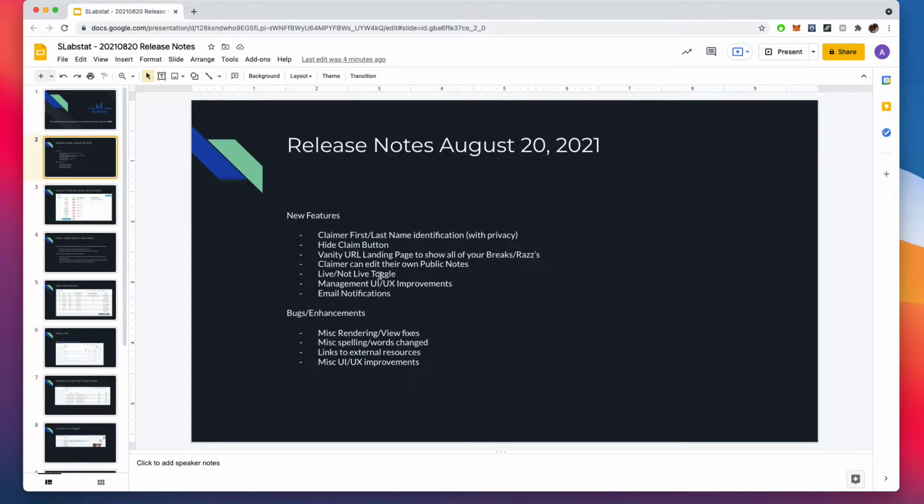We have a live, not live toggle button, super easy. There are multiple management UI/UX improvements. For those that don't know, UI/UX is user interface, user experience. So it's just the look and feel of using the SLabstat web application. And then I want to talk about email notifications and then bug enhancements. There are a few view fixes, spelling, word, links to external resources, and other user interface, user experience improvements that we'll